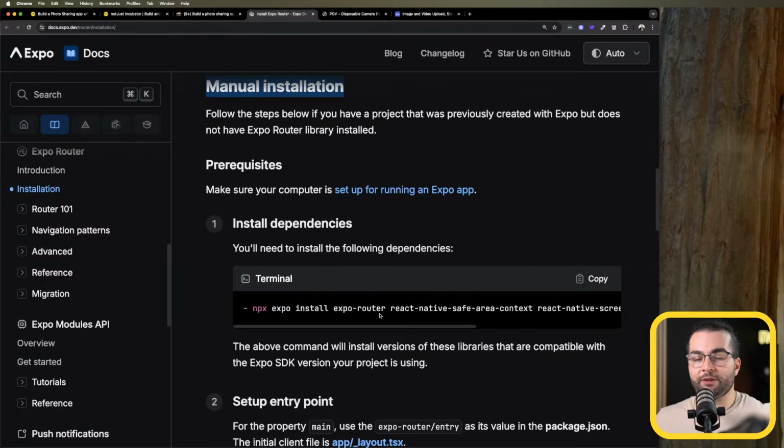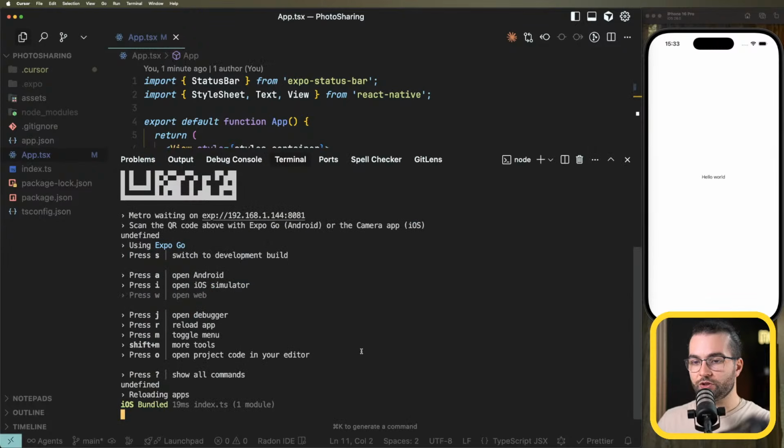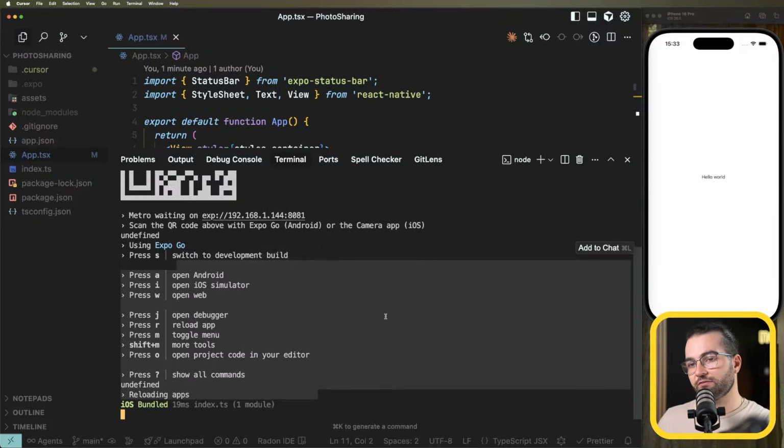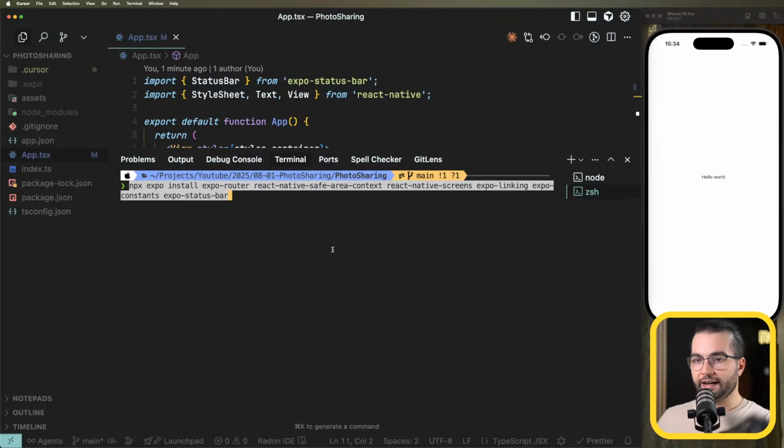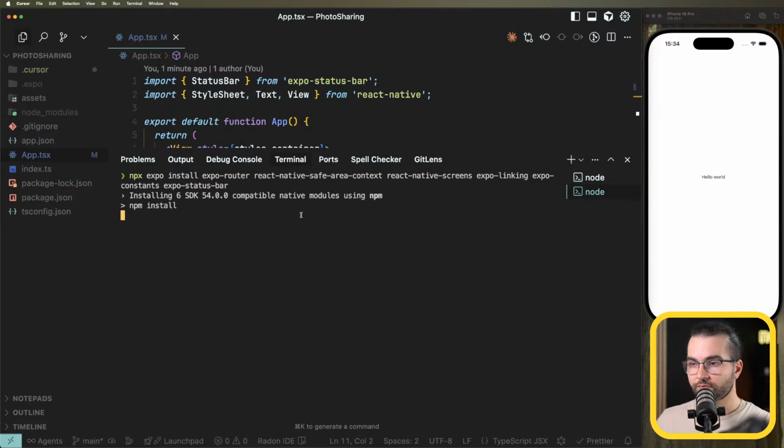where it explains how to set up Expo Router. I'm going to explain a bit later how it works, but what we need to do is first copy the dependencies that we need to install here. I'm going to go back to the terminal and I will leave our app working here, but I'm going to press on the plus to open up a new terminal where I can paste the npx expo install expo-router command with all of the dependencies, and it's installing these 6